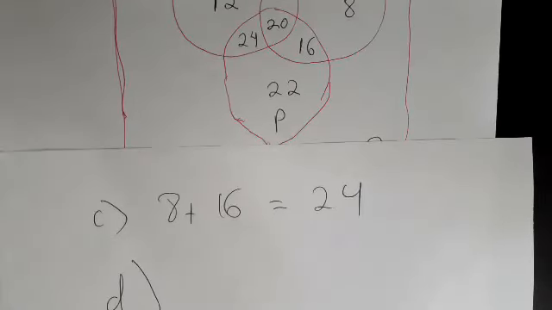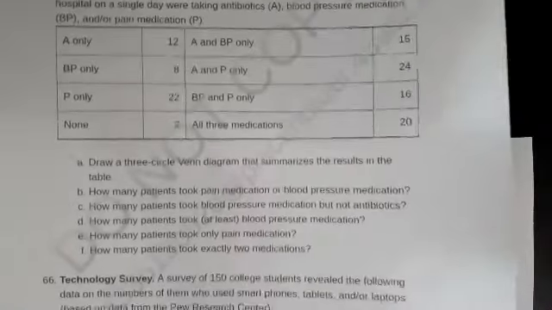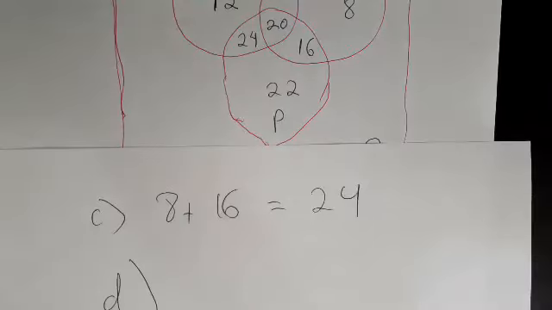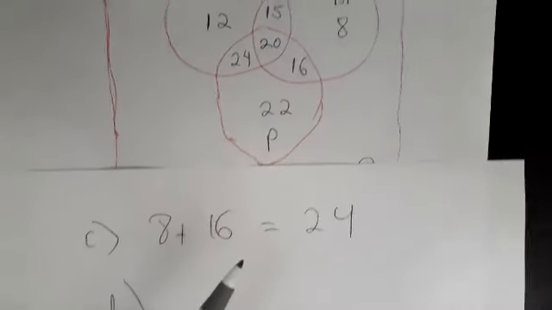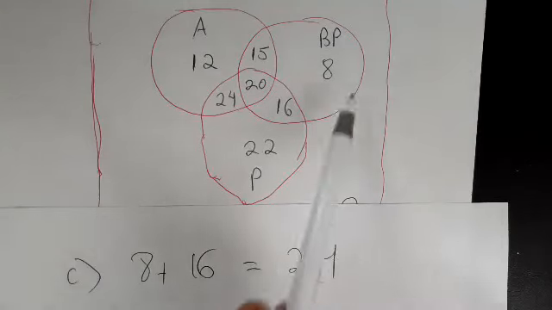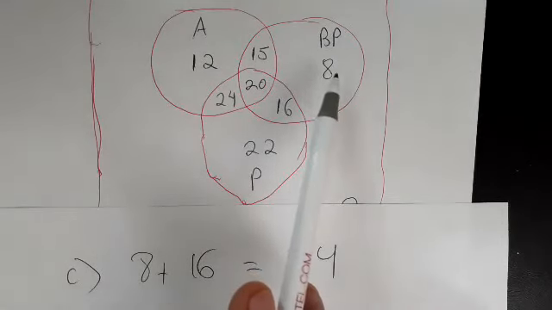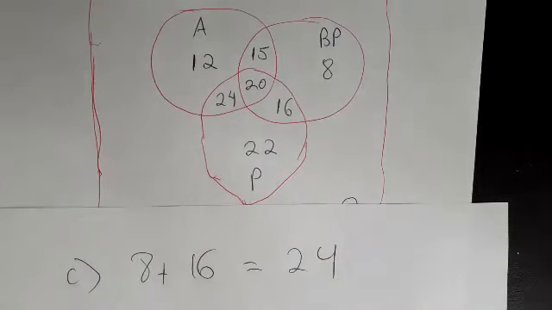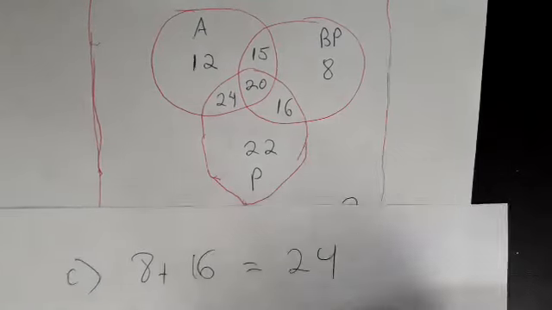How many patients took at least blood pressure medication? So at least blood pressure medicine. If they say at least blood pressure, this would be only blood pressure, right? That would be the 8. So if they say at least blood pressure, what do they mean? Plus 15, plus 20, plus 16. Yeah, we've got to add everything in the circle that has blood pressure. Exactly. 8 plus 15 plus 20 plus